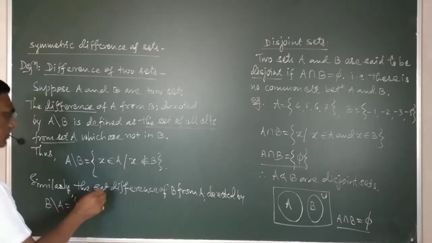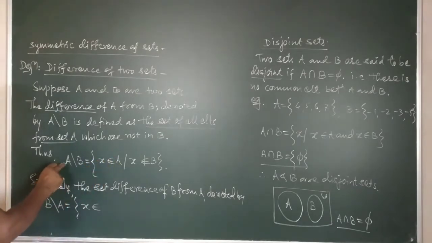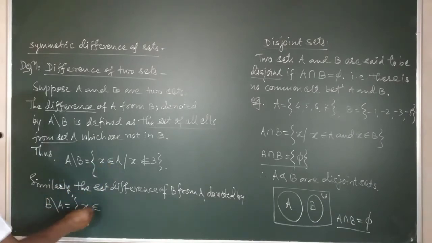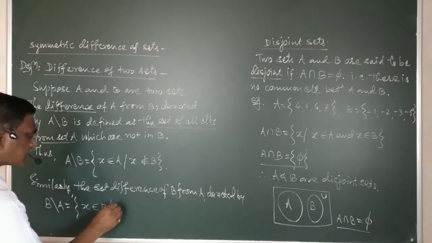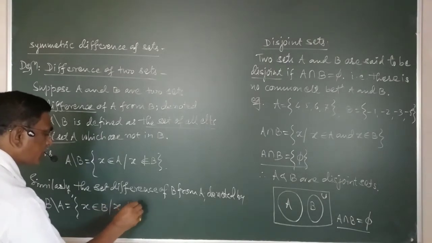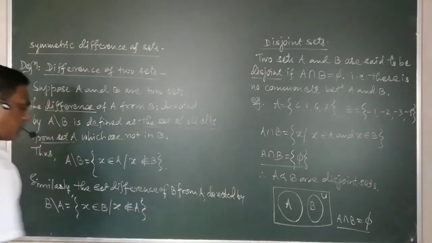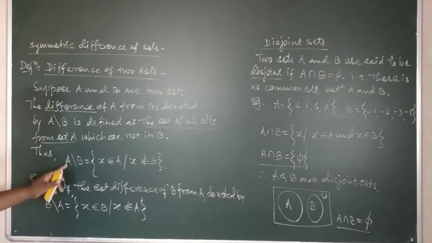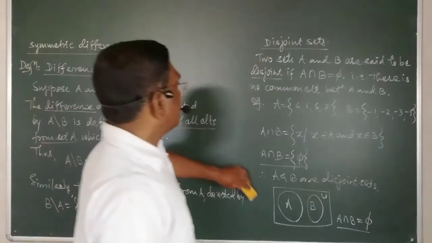Just as A slash B is the set of X belonging to A such that X does not belong to B, B slash A is the set of X belonging to B such that X does not belong to A. These are the two definitions: A set difference B, and B set difference A. These two definitions,